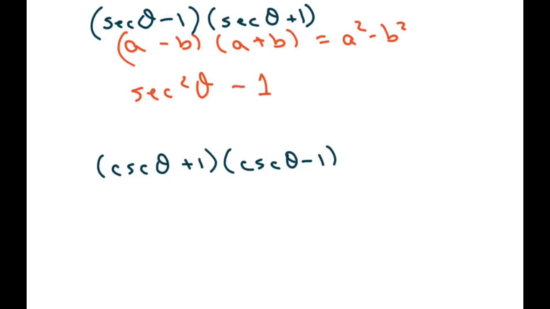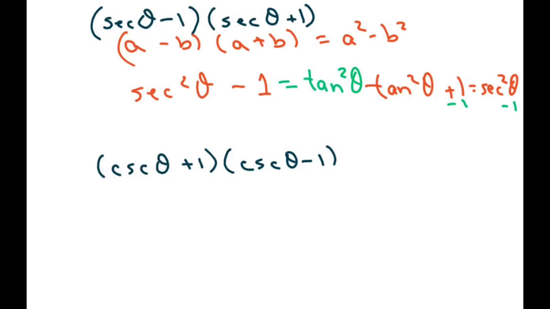And our Pythagorean identity for this one is tan squared of theta plus 1 equals secant squared of theta. So if you subtract 1 from both sides, you're going to get this equals tan squared